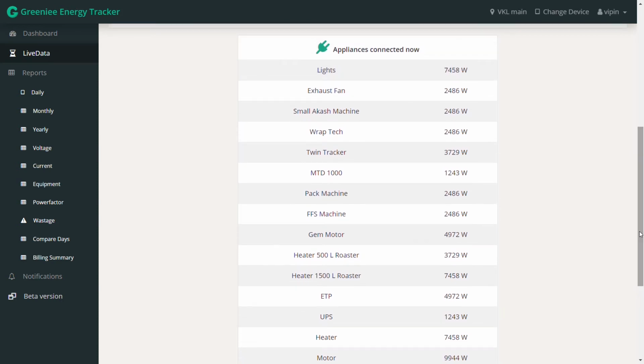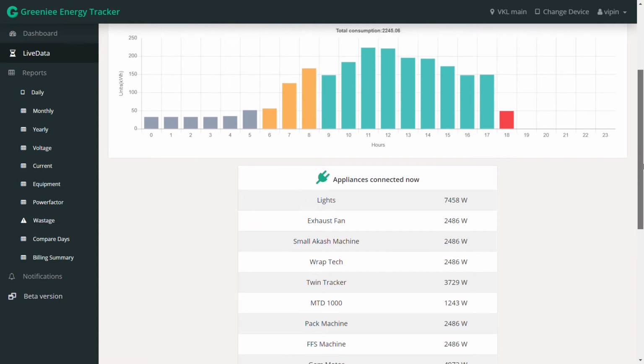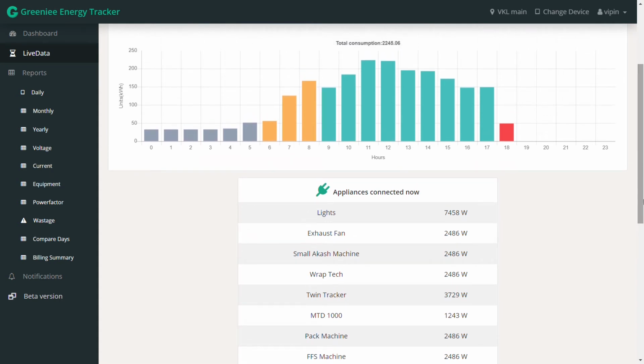If you look at the traditional energy monitoring solution, they use equipment level sensors to get equipment level analysis. What's the problem with that? It makes the solution extremely expensive and very complex to deploy. And Greenie uses the technological approach called energy disaggregation, which makes the solution not only cost effective, it is also very easy to deploy. We are talking about deploying the solution in about 30 to 40 minutes per hardware.